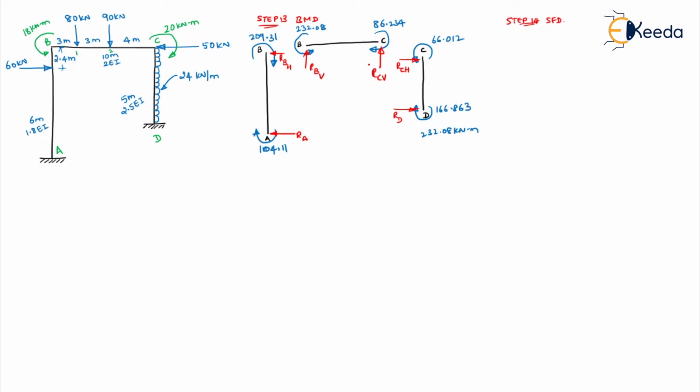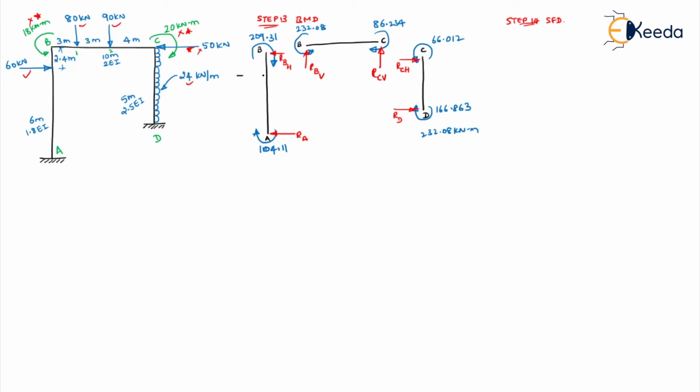See, when you're calculating the shear force diagram, any joint moments or any joint loads which are externally present, you should not be considering. Only on the members, whatever loads are there, those you'll be considering for calculating the reactions. This is an important point. Please note that. While calculating shear force, you should not consider the external joint moments and loads which are present. Okay, right. Now let's start doing it.